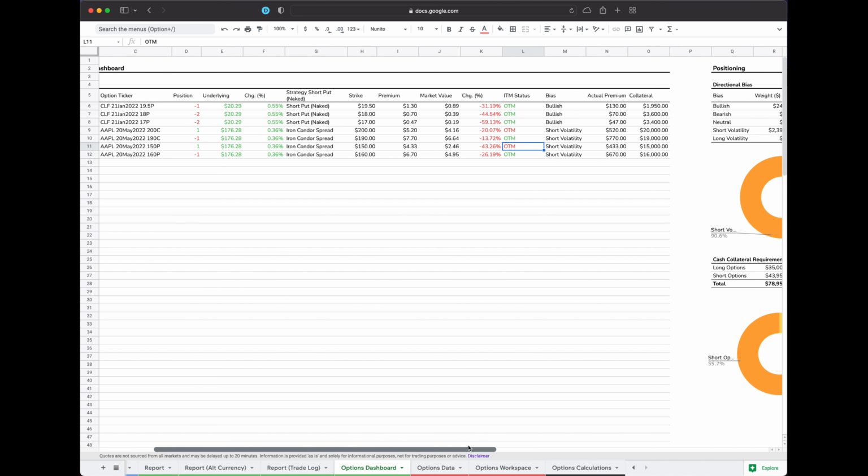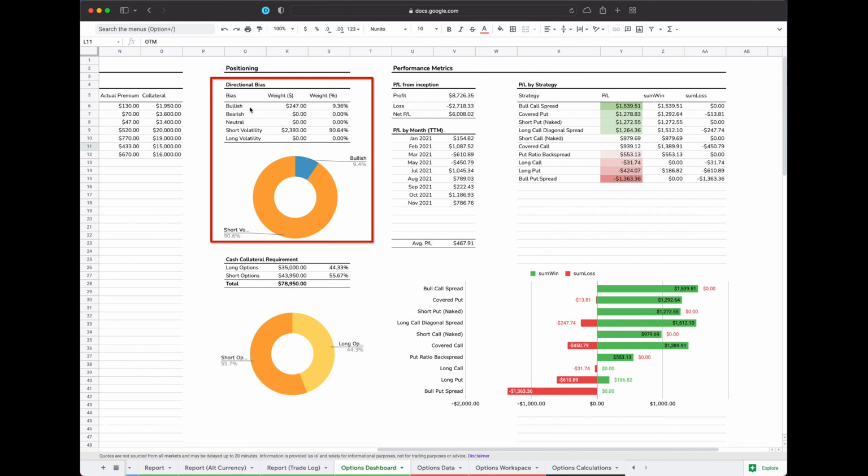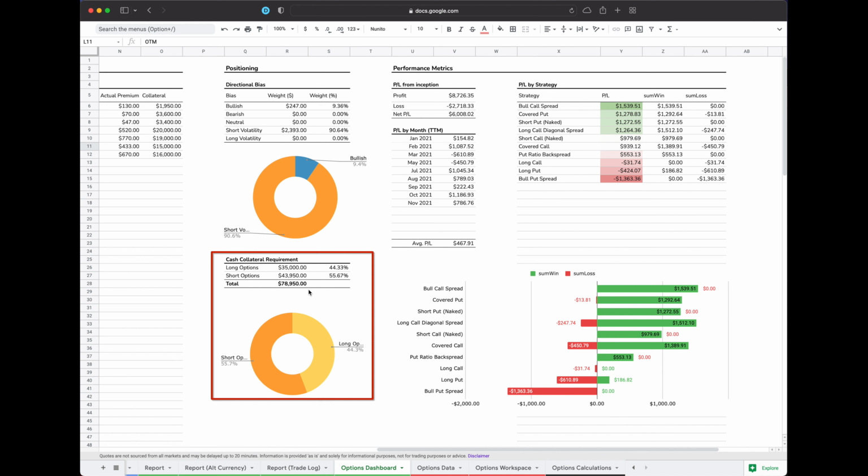To check your overall positioning, go to the Directional Bias panel, where strategies are categorized into bullish, bearish, neutral, short volatility, and long volatility. The Cash Collateral Requirement panel shows you how much cash you should be holding to be able to meet the cash requirement of your trades. Please note that the numbers here are for your reference only and will differ from your broker's cash or margin